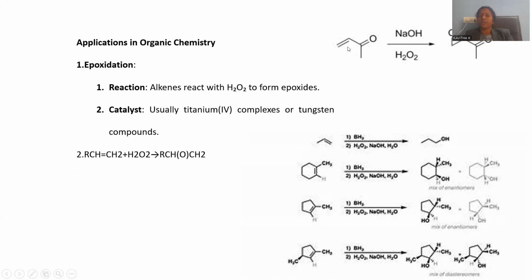That oxygen is able to react with the olefinic bond. At one end you can notice the nucleophilic nature, at the other end the electrophilic nature. Both ends are able to combine with oxygen, giving an epoxide linkage. Generally, titanium complexes or tungsten complexes are used as catalysts to facilitate this reaction in the fastest manner. So an olefinic bond can be treated with hydrogen peroxide giving rise to RCHO-CH2. What does this O stand for? Epoxy linkage. If you observe the double bond with O, whenever hydrogen peroxide is treated, there is a provision for this kind of epoxide.